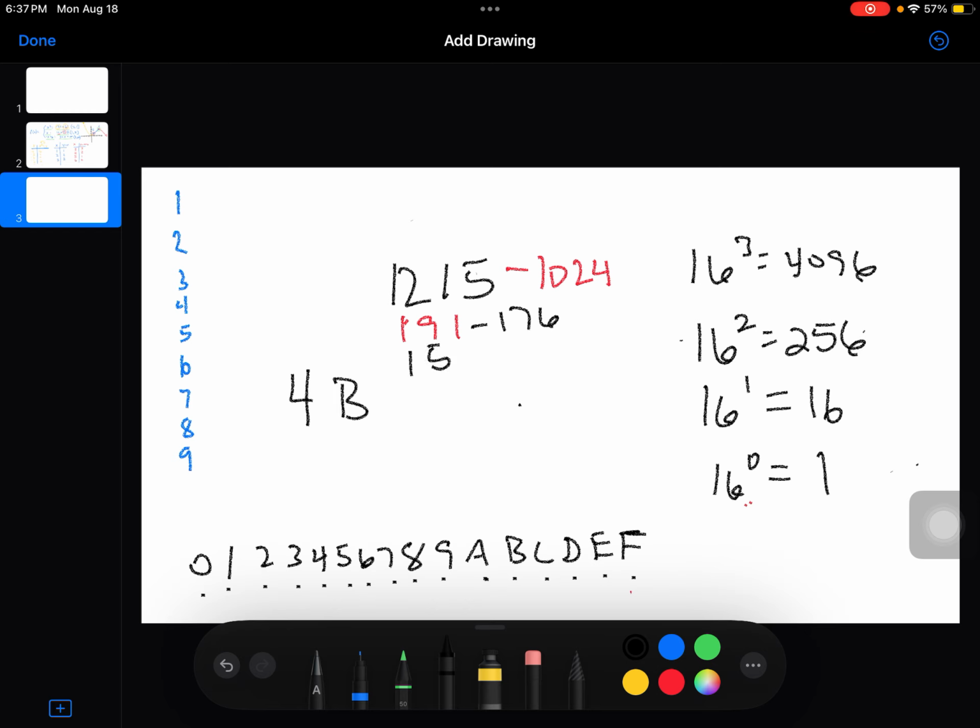15 is our last number. 15 is 16 to the 0 power times 15, so we're down at F. Minus 15 is equal to 0. So 4BF is 1215. All right, well, I hope that was terribly confusing for only a couple people,